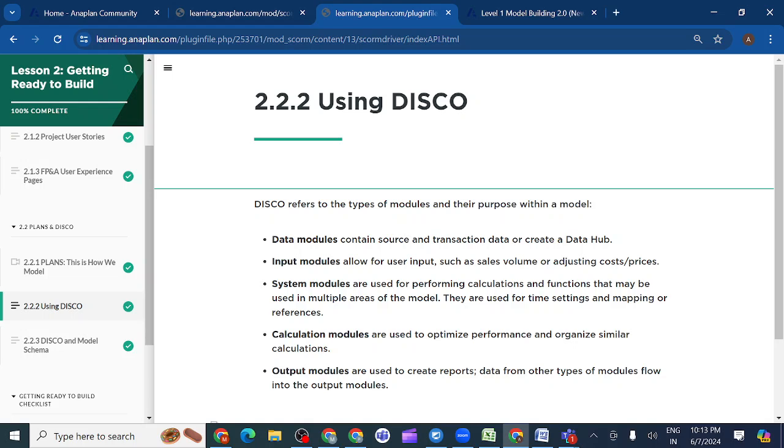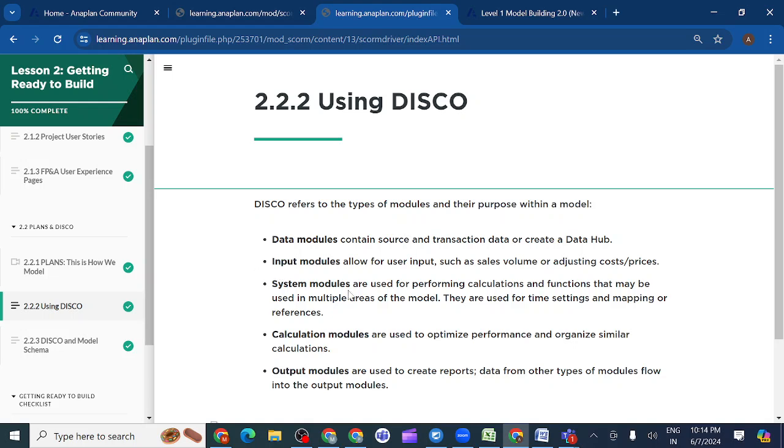I stands for the input module. Generally we create the input module to let the user provide inputs such as sales numbers and adjust the cost and prices of the product. We provide an empty module so that they can upload any data, such as sales numbers, and adjust product price and cost. This type of input module is provided for the end user. We don't import any data into input modules, and generally we don't do any calculation either. We create this module just for input purposes.